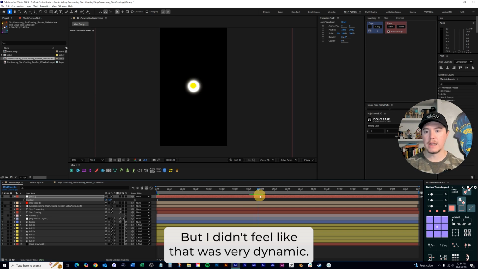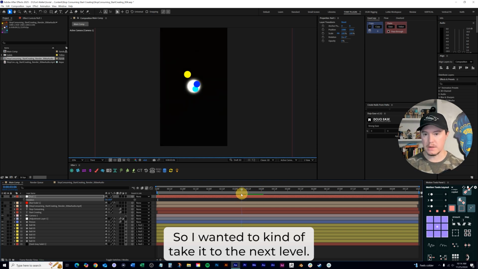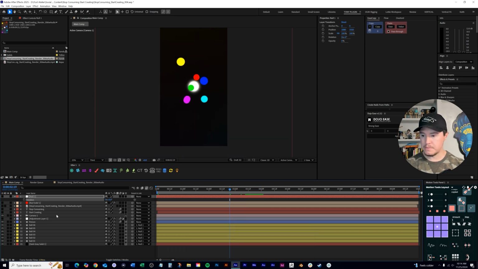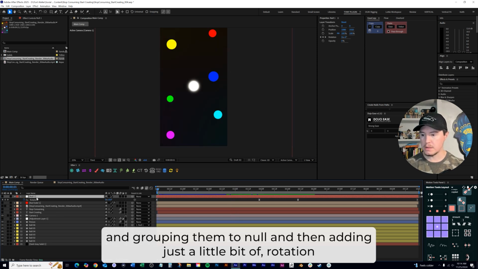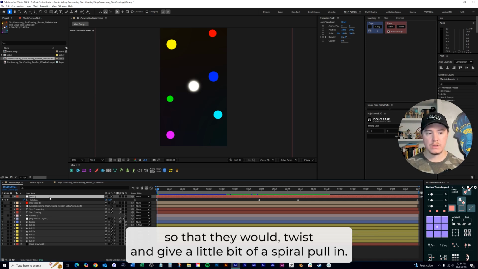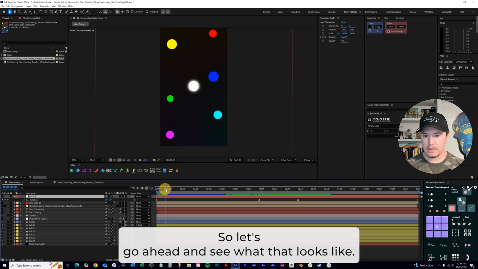But I didn't feel like that was very dynamic, so I wanted to take it to the next level. That's when I ended up grouping all these balls to a null, and then adding a little bit of a rotation so that they would twist and give it a little bit of a spiral pull in. So let's see what that looks like.